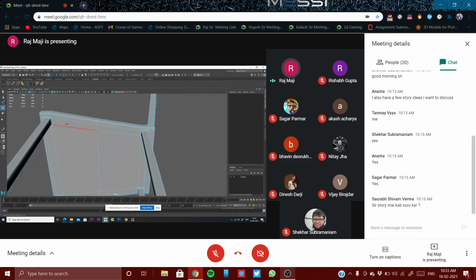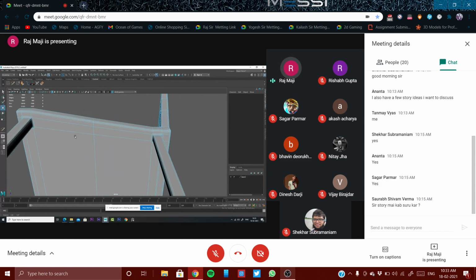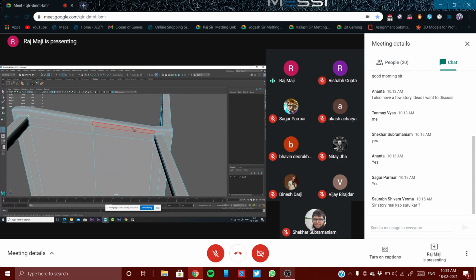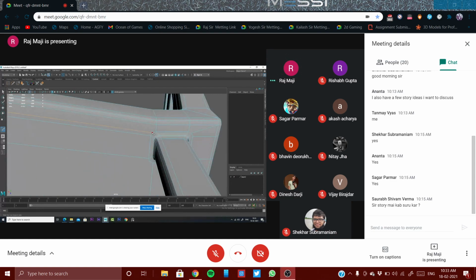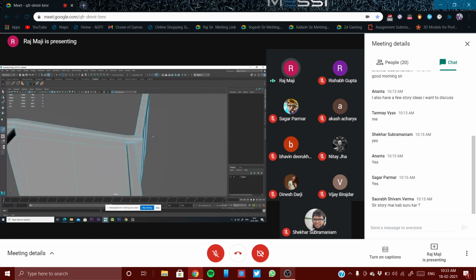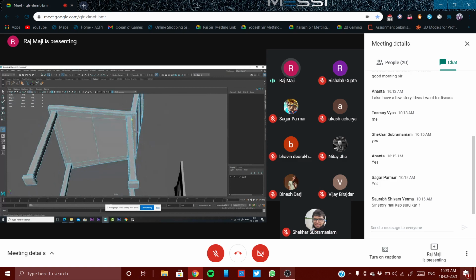Similarly, in this area also I can see from here to there I should connect. So like that you check the individual areas and you should connect all those.